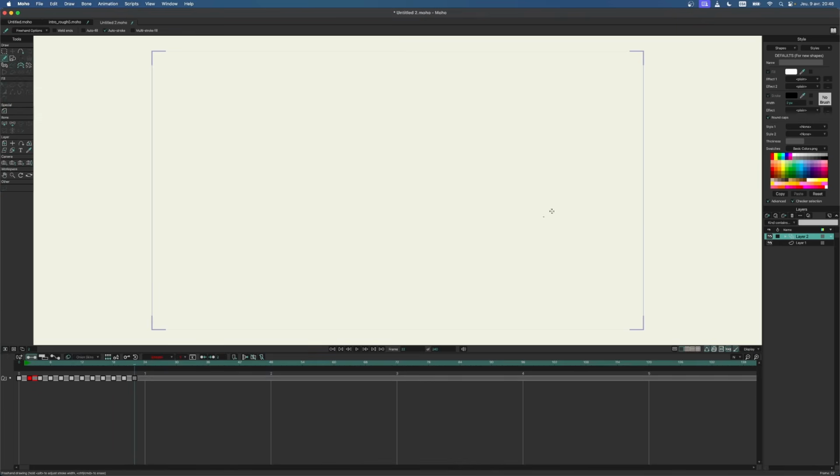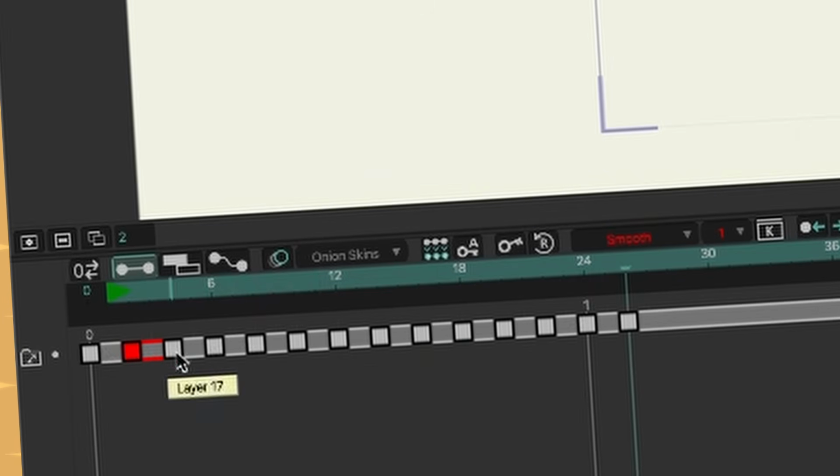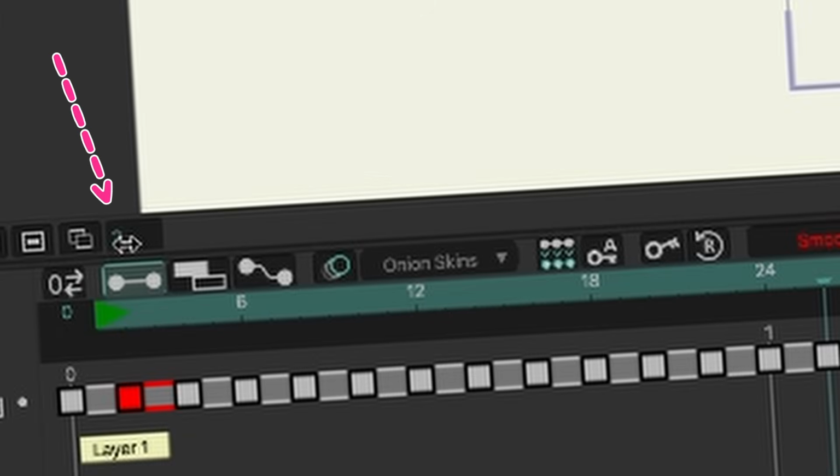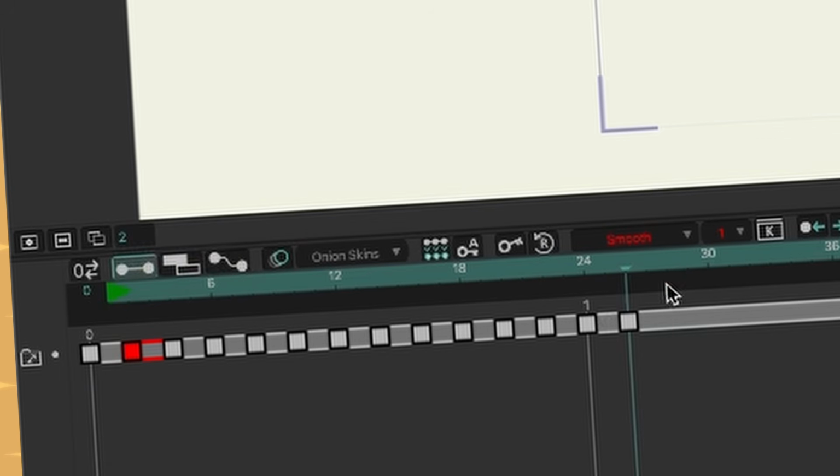Beautiful animation. Wow. Wonderful. And then if I take my little needle here and I scrub, you have a beautiful animation. You see that my drawings are on 2s. If you wanted them to be on some other value, this is what this last number here is for. So now they're on 2s, but if I instead had them on 3s, or 5 or 6, you know what I mean.